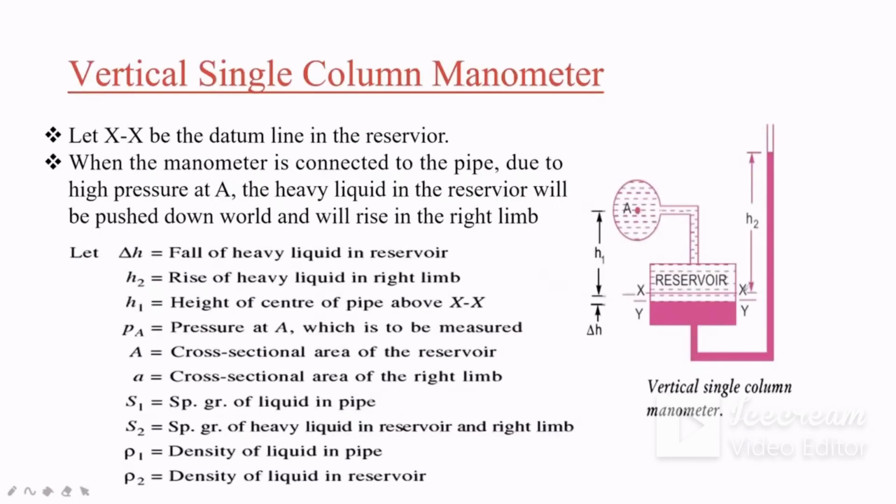So in the right limb, this right limb will be increased. How much will it be increased? The increase in the H2 will be delta H. So delta H plus H2 we will consider, but the delta H we will take here only. Whether we take it here or here, it is the same, the same delta H, that much rise will be here. Okay, so